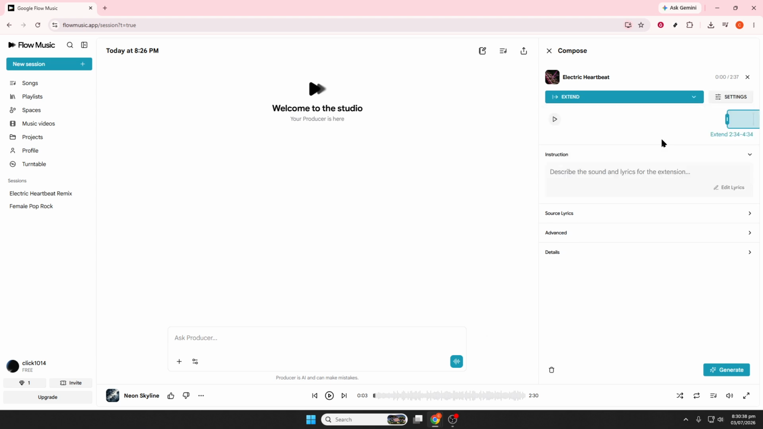After the upload is done, you can decide what you want to do with the audio. For example, you can create a remix if you want to transform the feel of the original track. You can extend a song if you need a longer version, which is useful for intros, outros, or background music. You can also replace part of a track, which can help if you want to swap out a section without